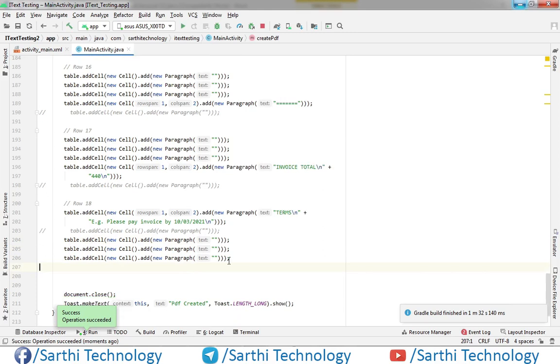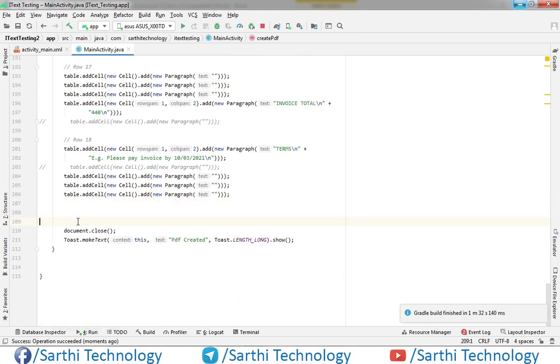One thing is remaining, so just add this table to the document.